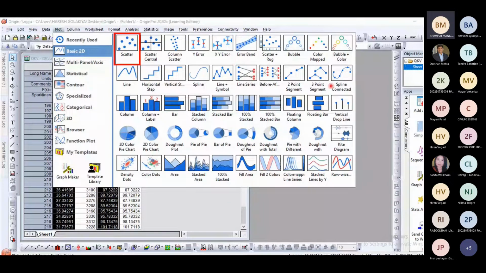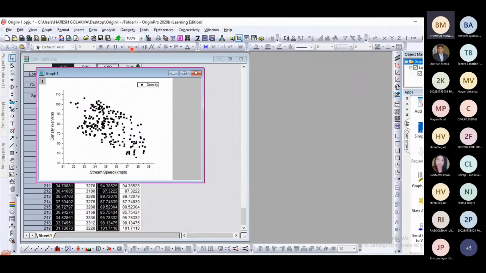So all these plots are there. Now we have to select our required plot. Here we want to do the scatter plot only. So I have selected scatter and the scatter plot is ready. Here you can see on the y-axis we have selected density, so that title is available with its unit, right? In bracket the unit it will take automatically. Like on X we have selected the stream speed.